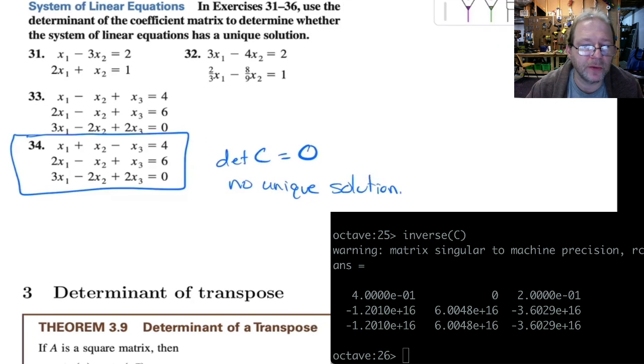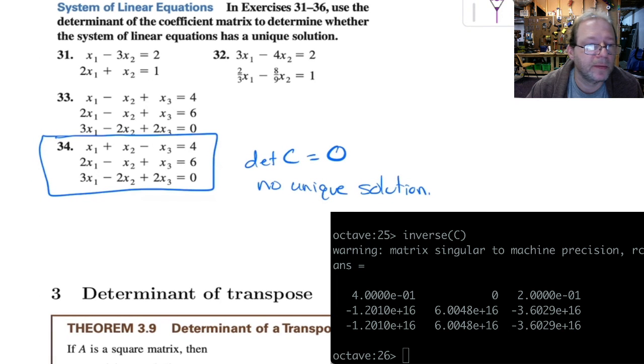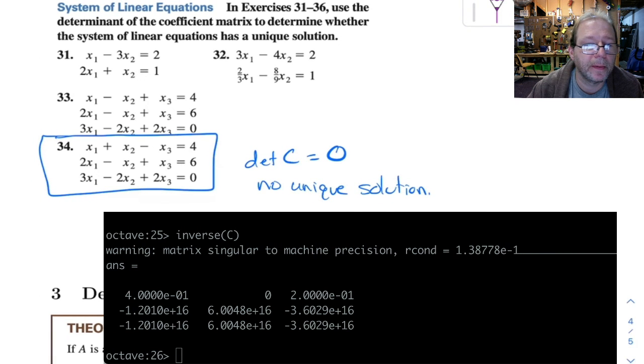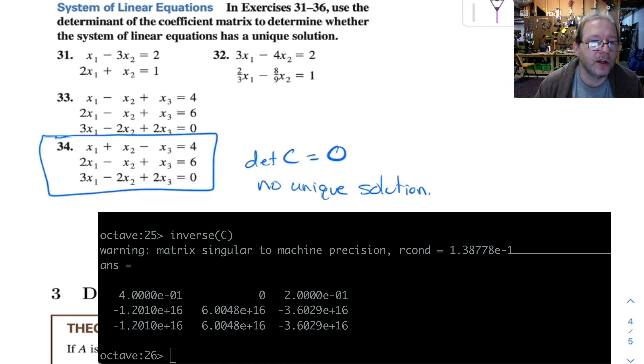Let me slide this over so we can read the whole thing. Sliding the wrong thing here. It says, warning, matrix is singular to machine precision. And then I don't know what the rest of that means. But what that means is the matrix is singular, but when the computer does all of this stuff, it gets some round-off error. And when it tries to compute the inverse,